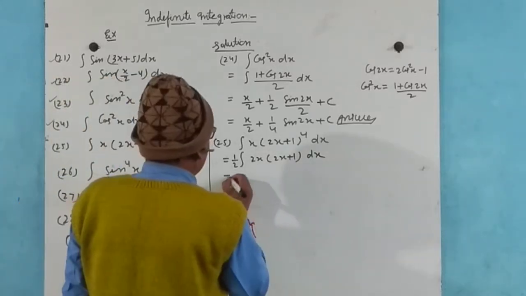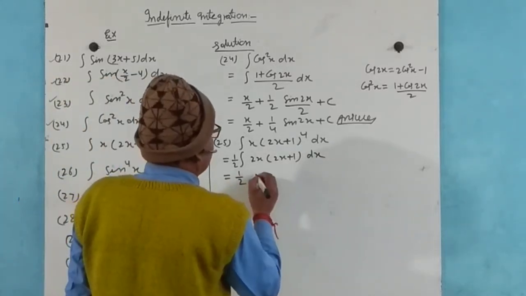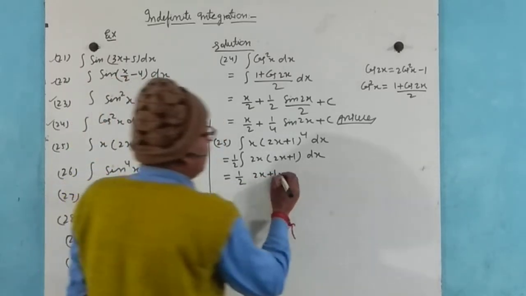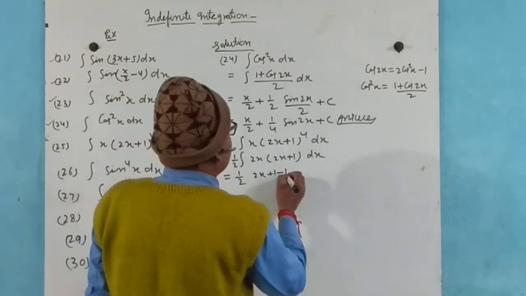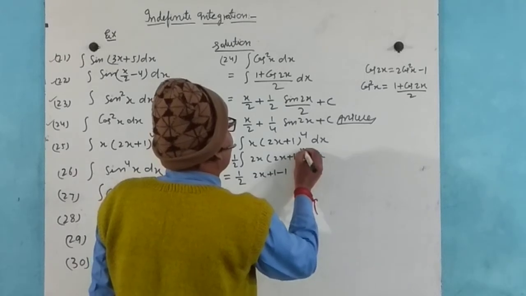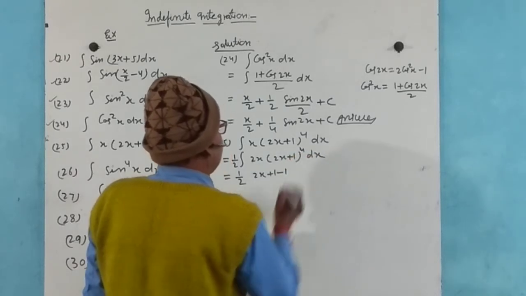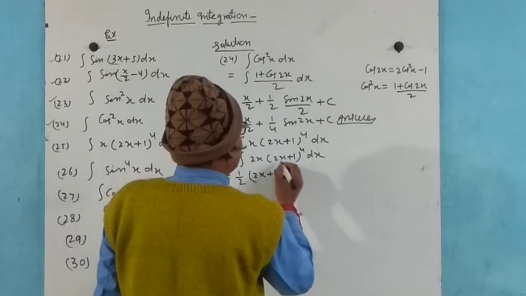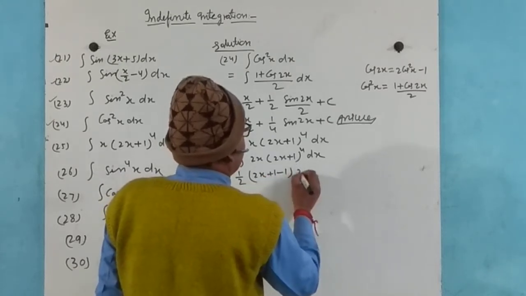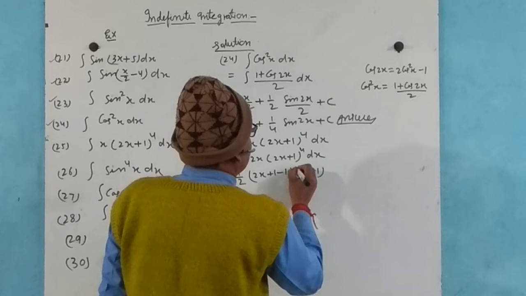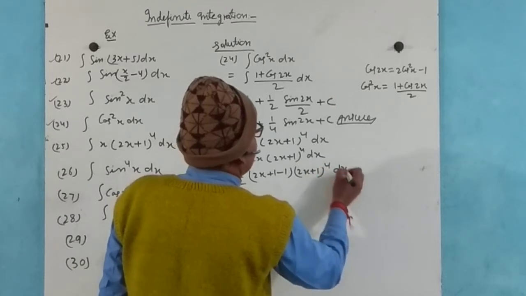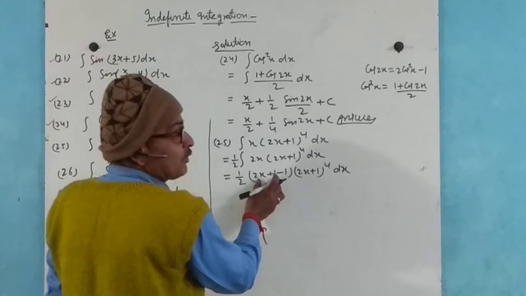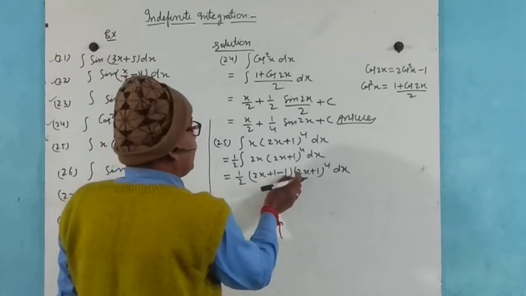Now 1 by 2, here 2x plus 1 added and 1 subtracted. Here this is power of 4, subtracted and multiplied here, (2x plus 1) to the power 4 dx. Now these terms are one part and this is one other part,